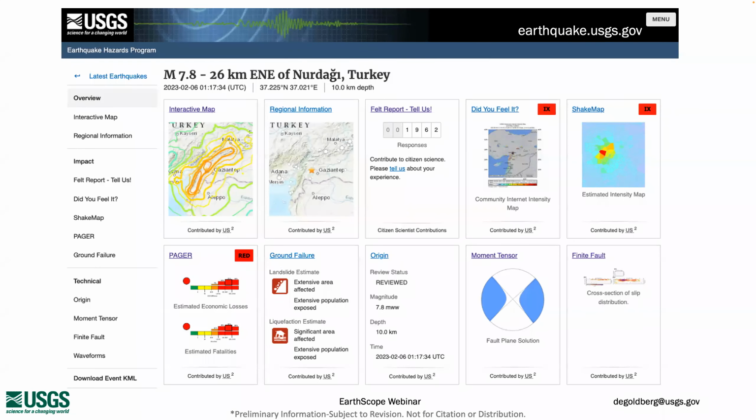So we relied on personal connections that scientists at USGS had with colleagues in Turkey from previous collaborations to get access to that data. And when we did get it, because it was data that we're not used to receiving in real time, we also had to write some scripts on the fly to reformat it so that it worked in our products like ShakeMap.